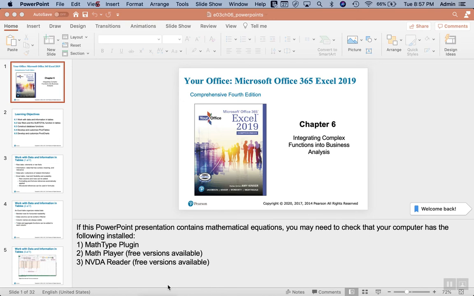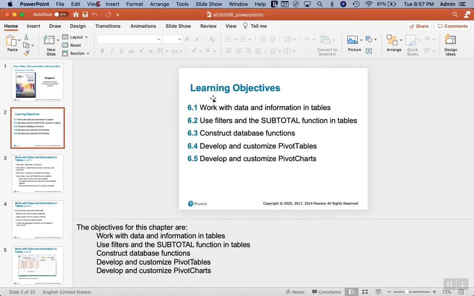Okay, so let's look at Chapter 6. The topic area in Chapter 6 is integrating complex business functions, integrating complex functions into business analysis. So some of the topics we talk about in this are,